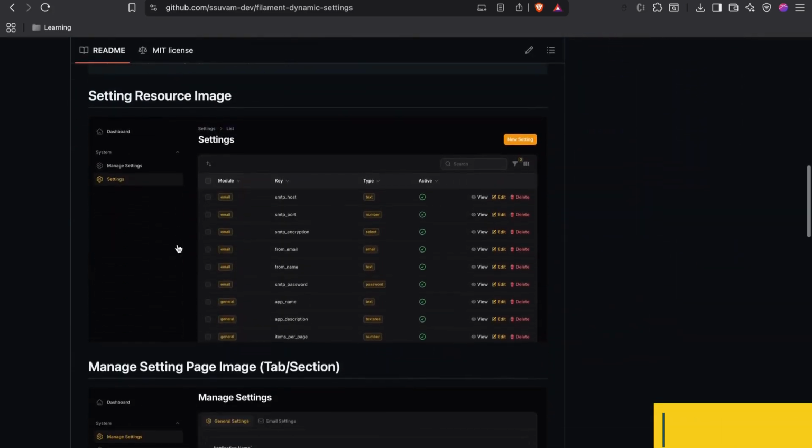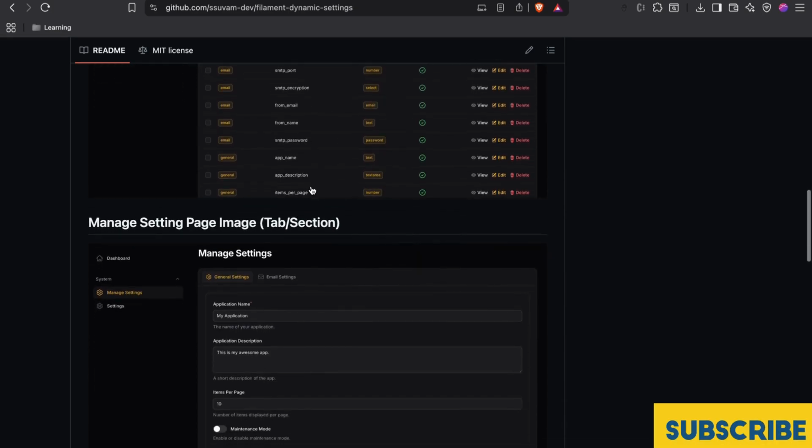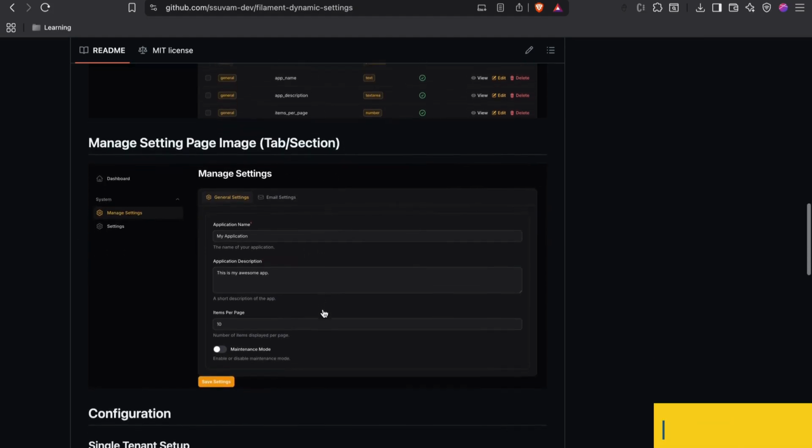So here we'll just have two resources, same as we did in the last one, right? We will have a setting resource from where we can create our own settings dynamically, with module, key, value, or type of the settings which we want. And the second thing we have is the manage settings page where we can show the settings detail. So if you can see the image here,